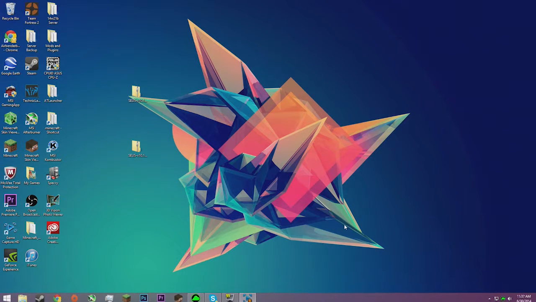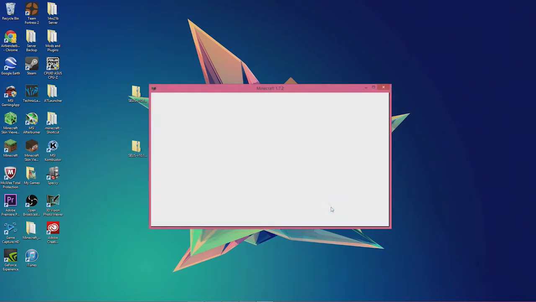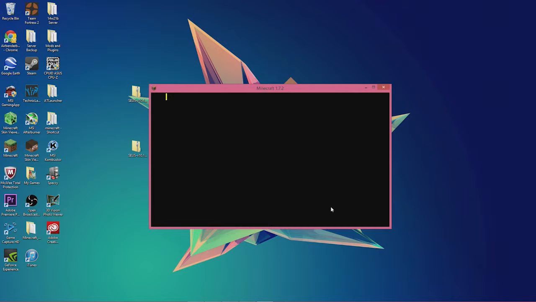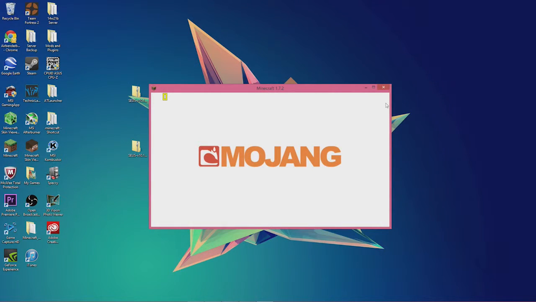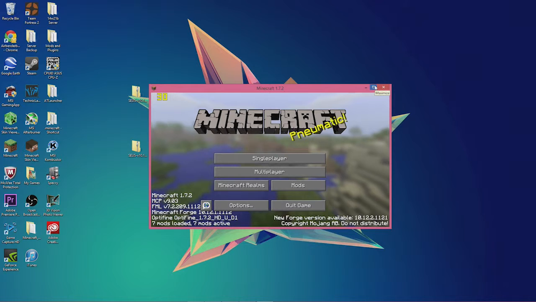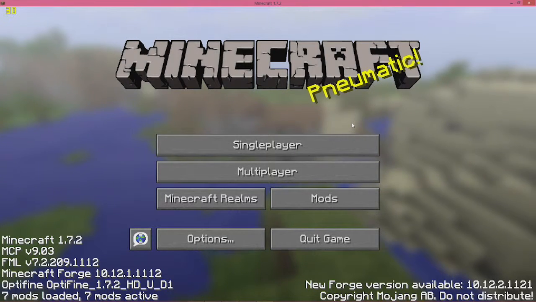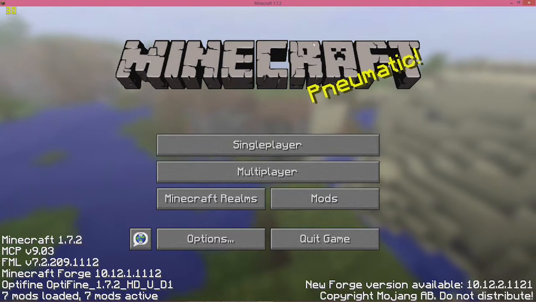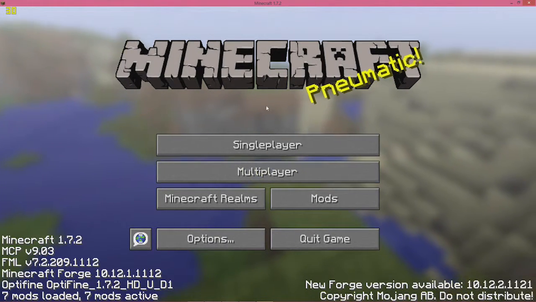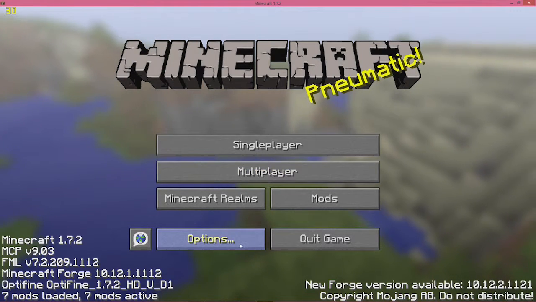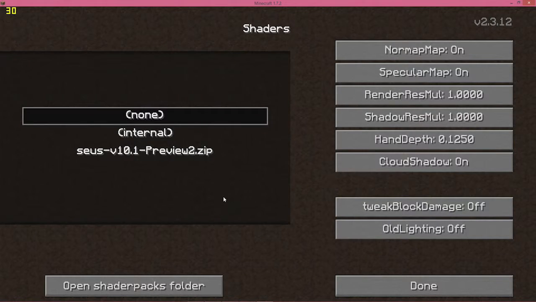It will. Okay, here's the thing. If you have 1.6.4 Forge installed at the same time as 1.7.2 Forge, or 1.7 Forge at all, or any other type of Forge, it's not going to work. You have to have only one type of Forge at a time for this, alright? So, now that we have Minecraft open, you're going to want to go into Options, Shaders,